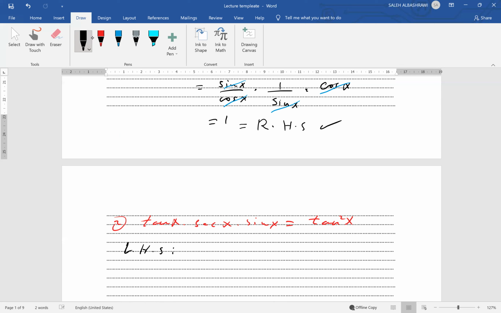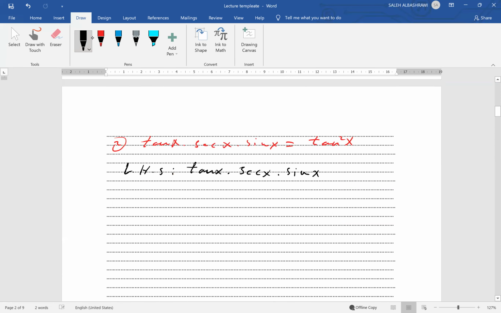We have tangent x multiplied by secant x multiplied by sine x. Tangent, I will leave it as it is because I need tangent x to be there on the right-hand side, so keep the tangent x as it is. Secant of x is equal to 1 over cosine of x multiplied by sine x, which is equal to